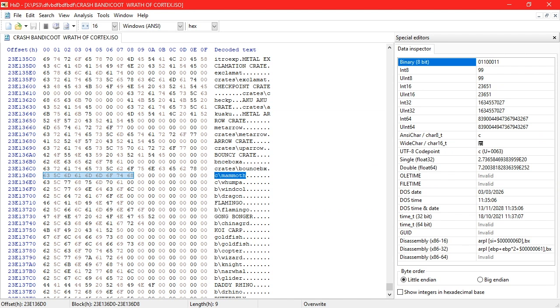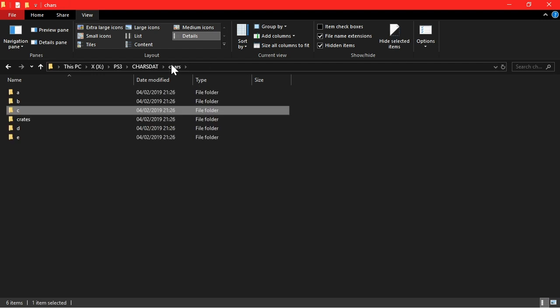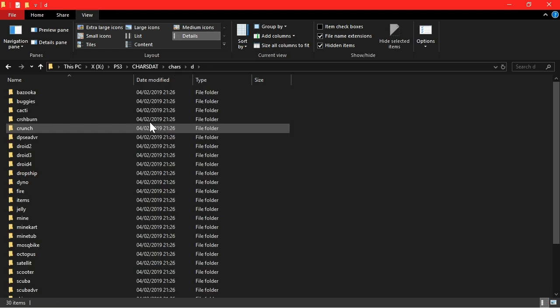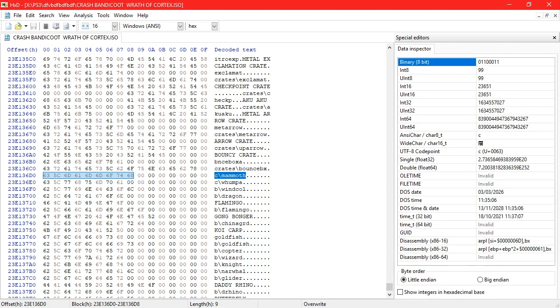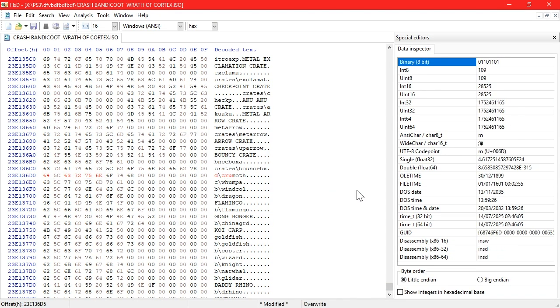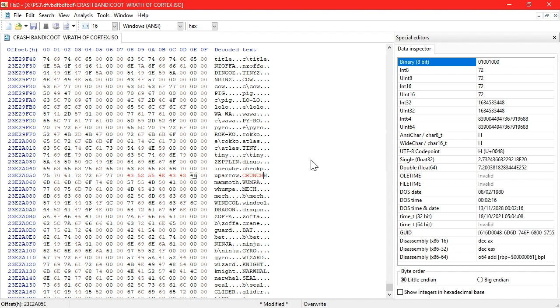So if I want to replace that with crunch, I need to find where crunch's folder is, and I happen to know that it's in D. So here's what crunch looks like. If I go over to here and change this to D/crunch, and then also, I don't know if this is completely necessary, but I'm going to do it anyway. I'm going to change this mammoth to crunch and get rid of that,